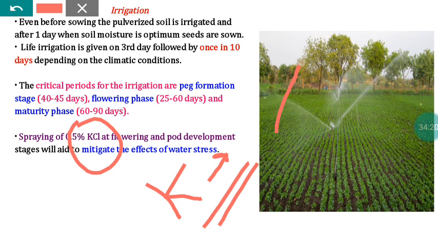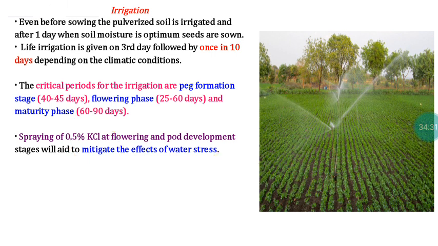So if the crop has an adequate amount of potassium, automatically that will do the ionic regulation work in a proper manner. In that way, this helps the crop overcome the problem caused by water scarcity or water stress. For that purpose, we have to apply 0.5% potassium chloride during the flowering and pod development stage, because flowering and pod development is very critical. If any stress occurs during that period, there won't be any kernel development. So we must be very careful during this particular period of time.